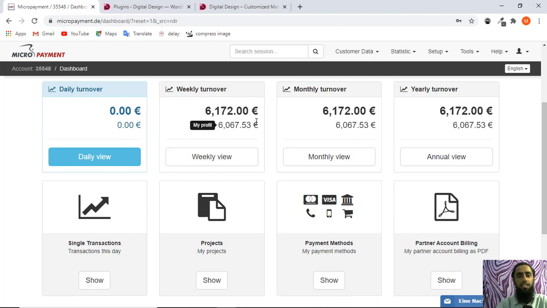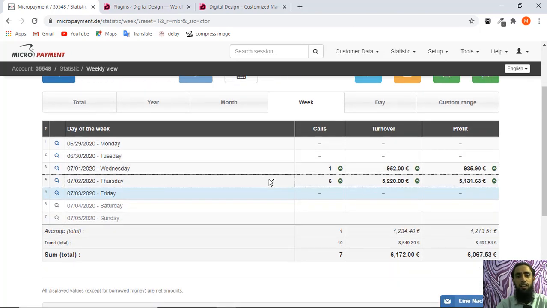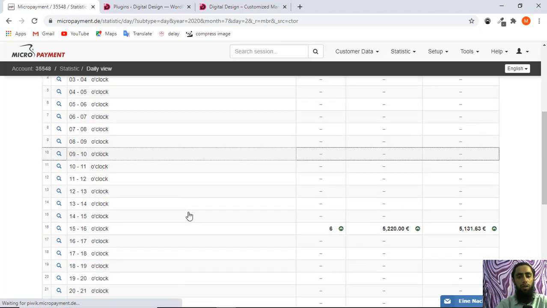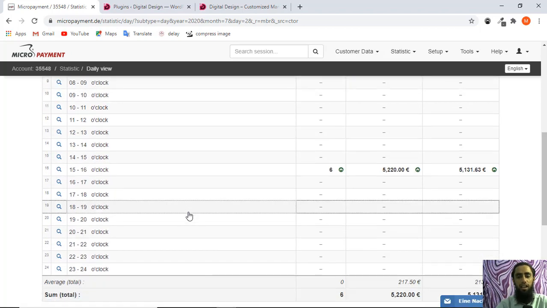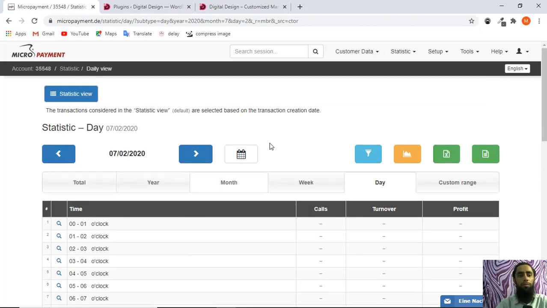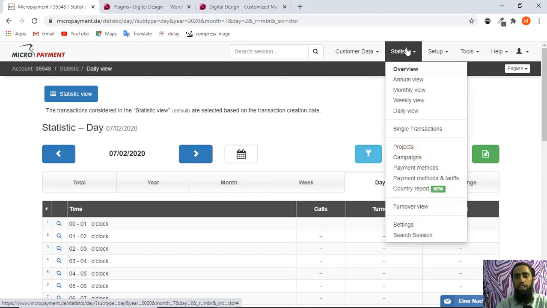Like we have this much amount from our customers. We have a weekly view and a monthly view. If you click on the weekly view, you will see the sales which you got in that specific week. For example, I am clicking on this one. You will get all the information about at what time we got this specific sale. All the information you will get on this dashboard, and there are other things over here too. You can go through each and every one.